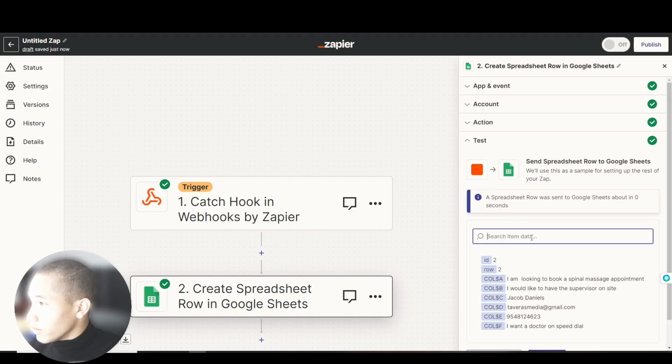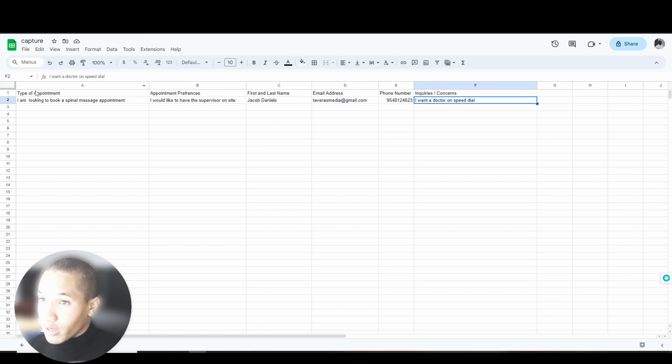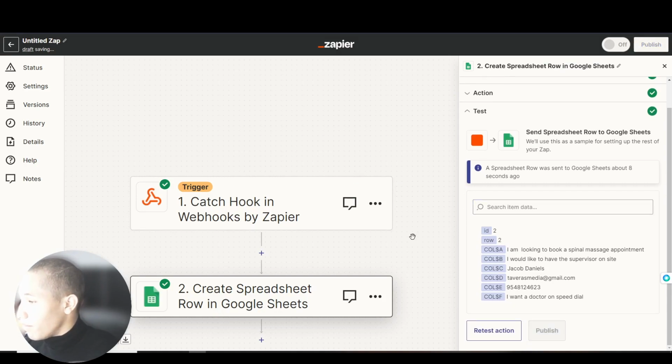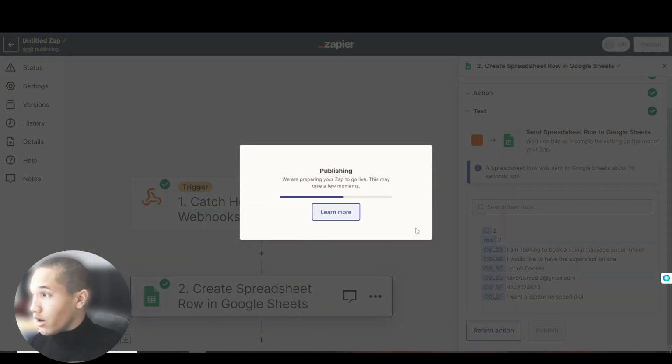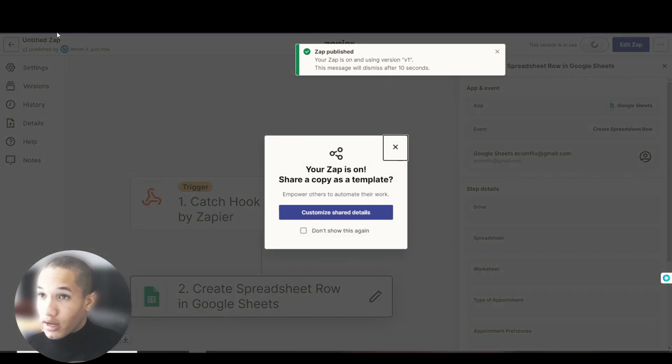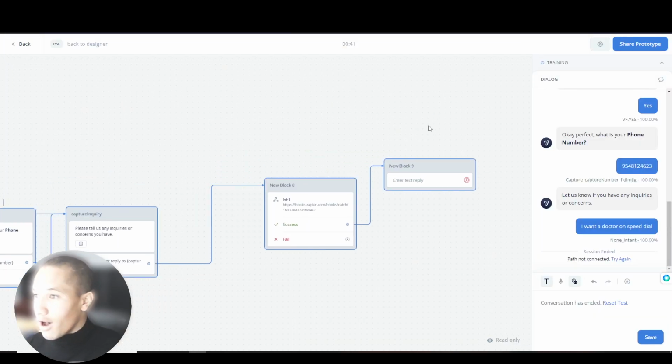Okay, boom, and it worked, guys. Type appointment, appointment preferences, first and last name. We did it, boys. Ladies and gentlemen, publish. And now we're done, and our Zapier is good to go. So we have done the book appointment